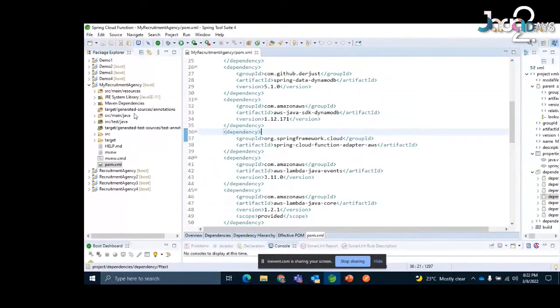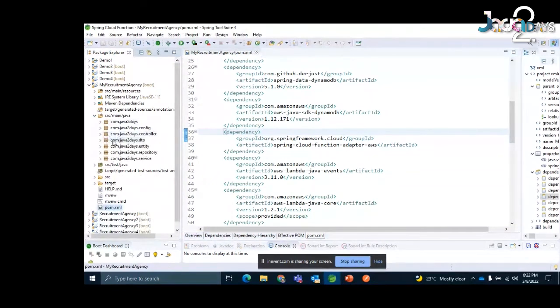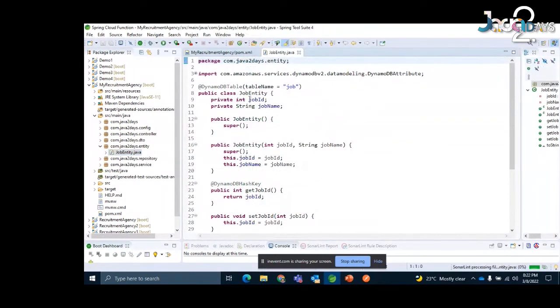Now if I go to my application, you see all the layers are available: DTO layer, entity layer, repository, service, and all other layers. And this application is very simple. So it is something like that. In my entity, I'm having a job entity. So a simple class I'm taking. In my entity, there will be some job ID, which is going to be a number, and a job name. Some job name is going to be there. Let's say software engineer, CEO, and all these are going to be there. We can make it more complex also.